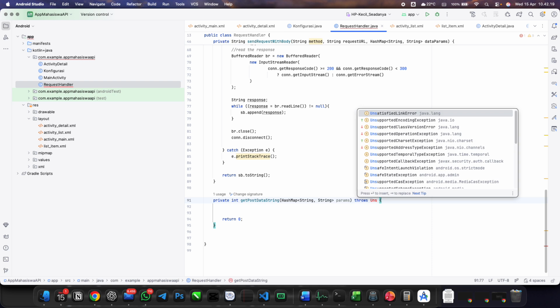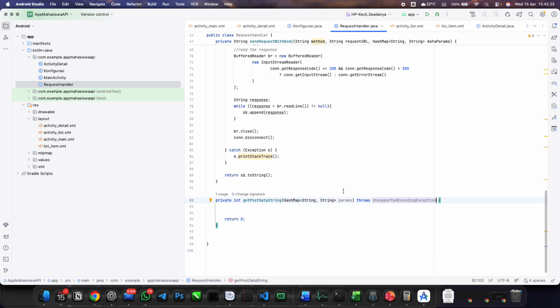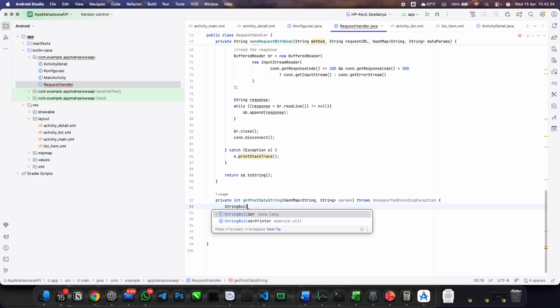Unsupported encoding exception, like this. Okay, now we are trying to build a string builder. We call it result, a new string builder.